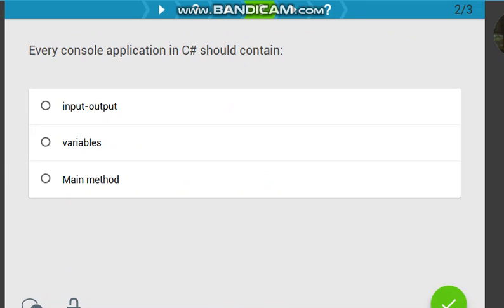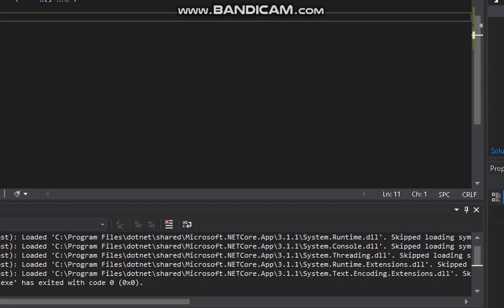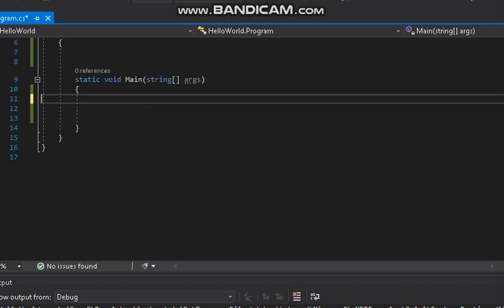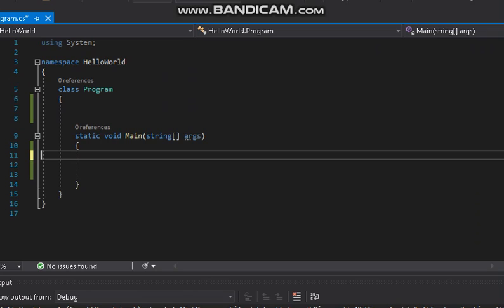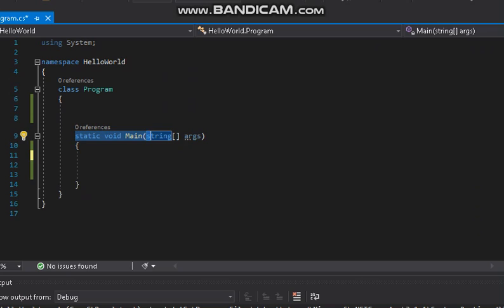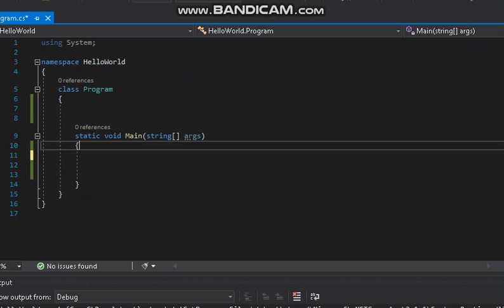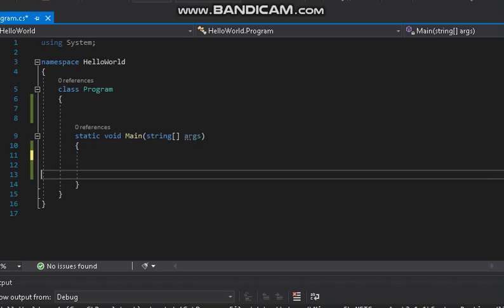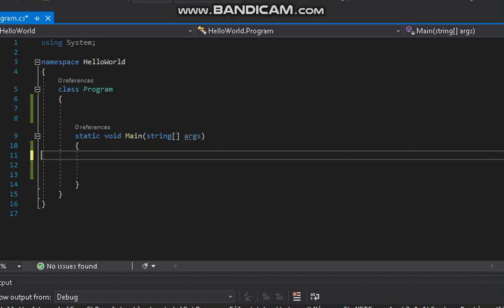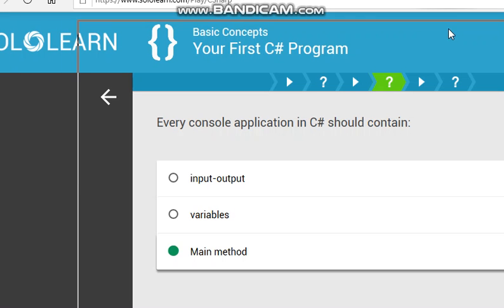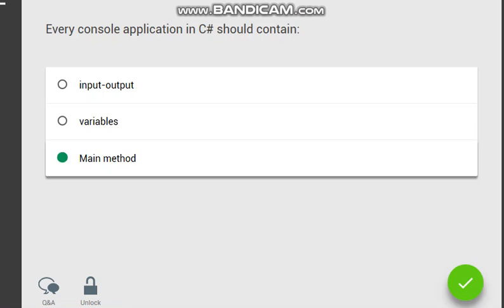Alright, and it's the main method, because remember I said that if you go back to Visual Studio, every console application must have a method and have a main function, which is right here, static void main, and all of our code gets executed in these curly braces. So just go back to Learn and click next,